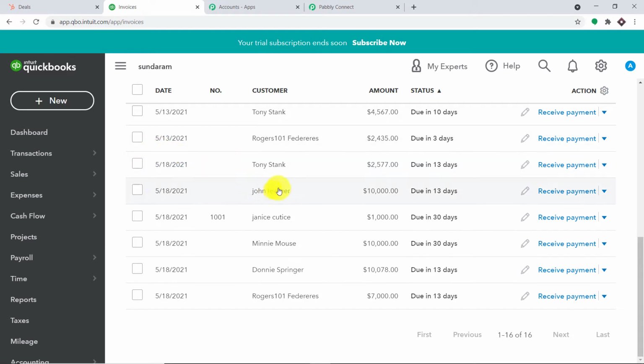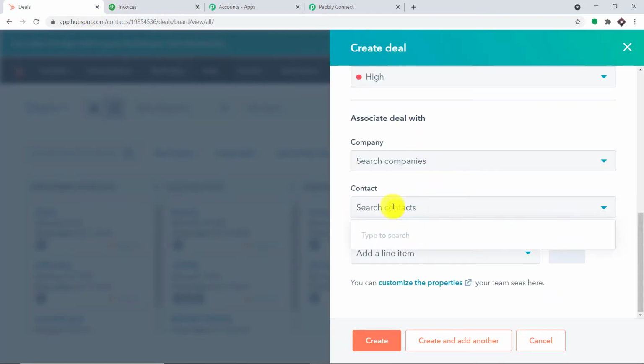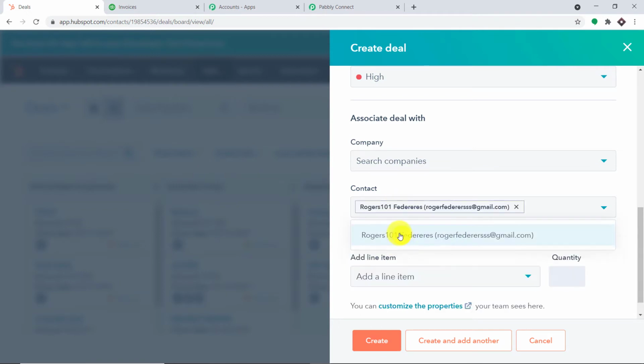So we have 3 people. As you can see, Tony Stank is present. Then we have a guy called Roger Federer, and a person called Janice Curtis. I'm going to select these 3 people: Roger Federer, Tony Stank, and Janice Curtis. Let me add them. The first one is Roger. Yeah, this one.